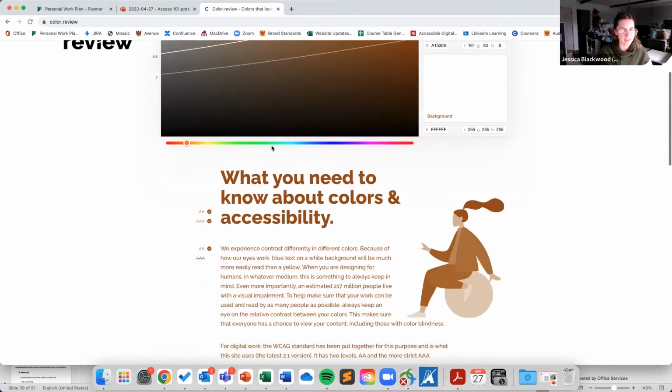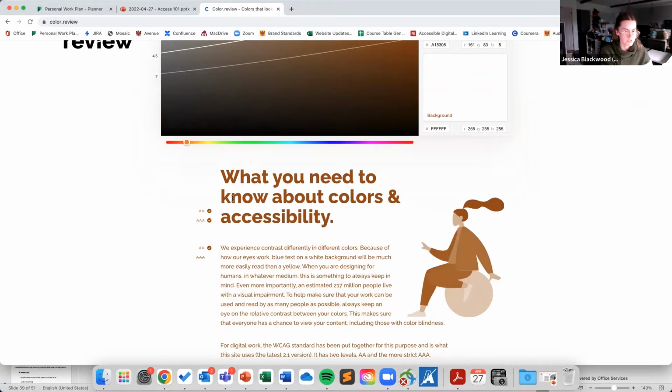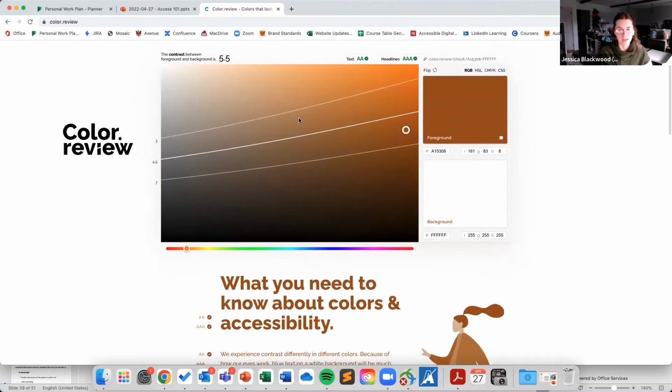And if you scroll down, it's going to show you visually what that text looks like on the white background. As we can see here, I'm in that AA for text realm, so 4.5 to 7. If I wanted it to be fully AAA compliant for my text, I just drag it down below that 7 line, and now I'm at 8.3, AAA compliant for text, AAA for headers.